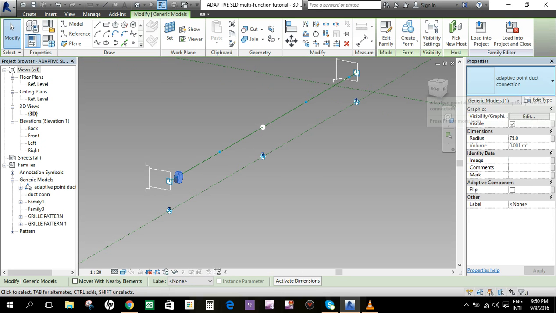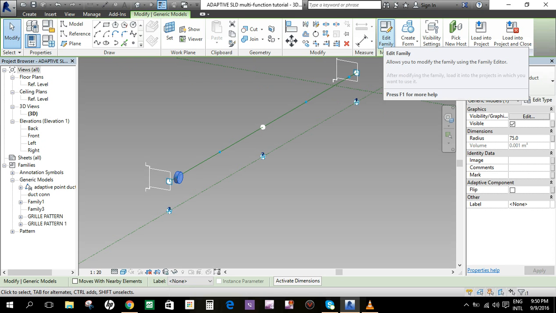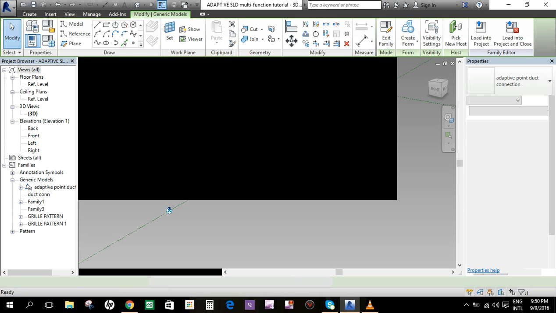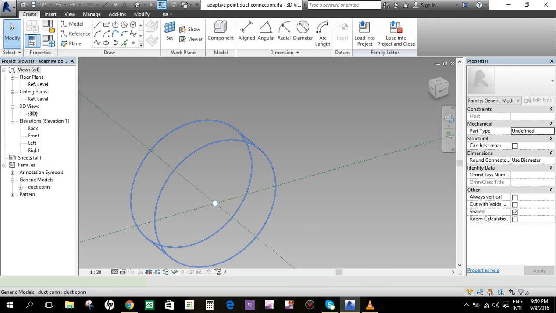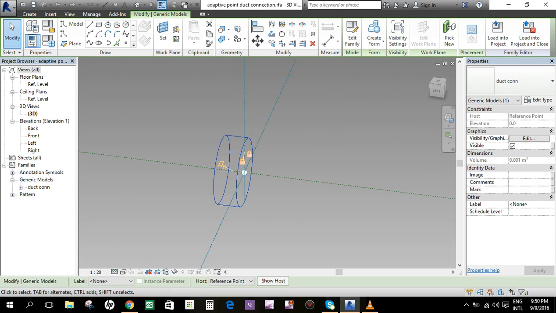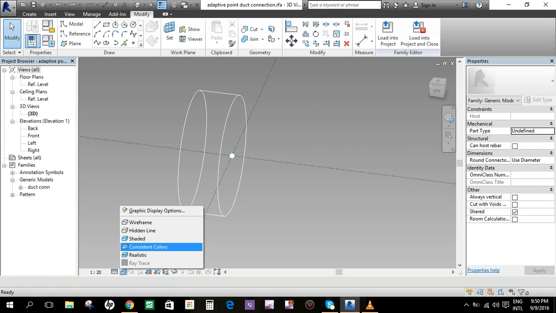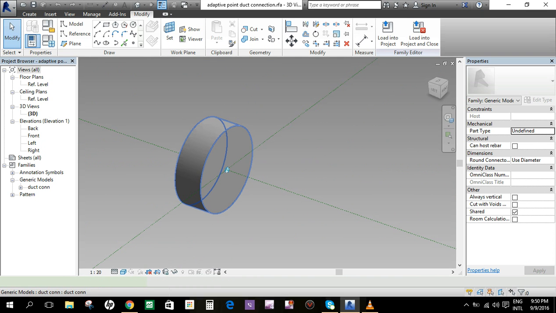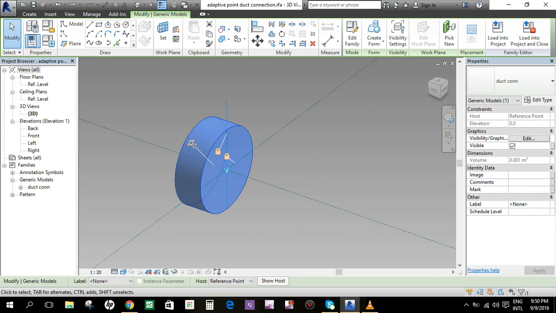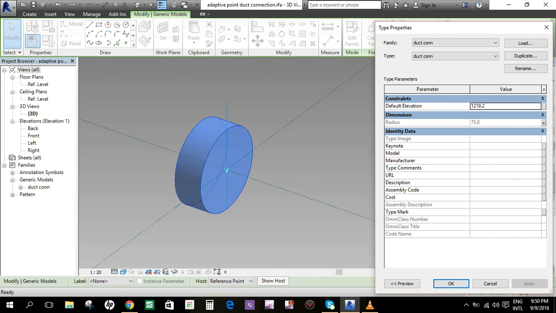First, this family is the adaptive point duct connection. You can name it whatever you want. If we edit this family, zoom in, this is just an extrusion with a parameter also, radius.